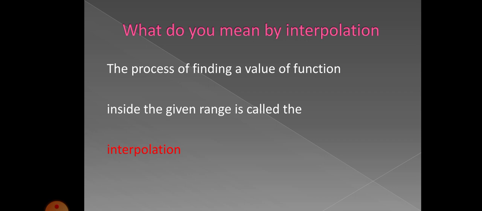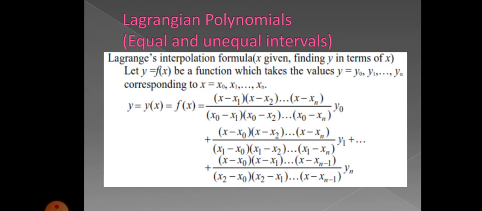And what is meant by approximation? Say you are doing an interpolation problem, finally you will be getting some answer in decimal values, that will be approximated with some decimal places. So that is called approximation. It will not be an accurate value, it will be approximated. So this is interpolation and approximation.